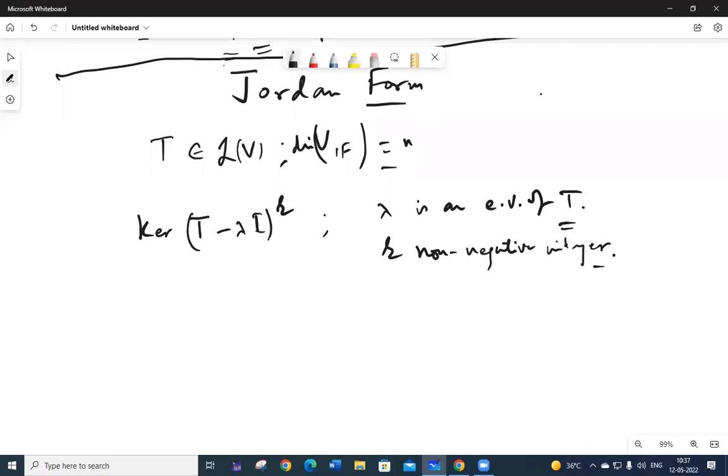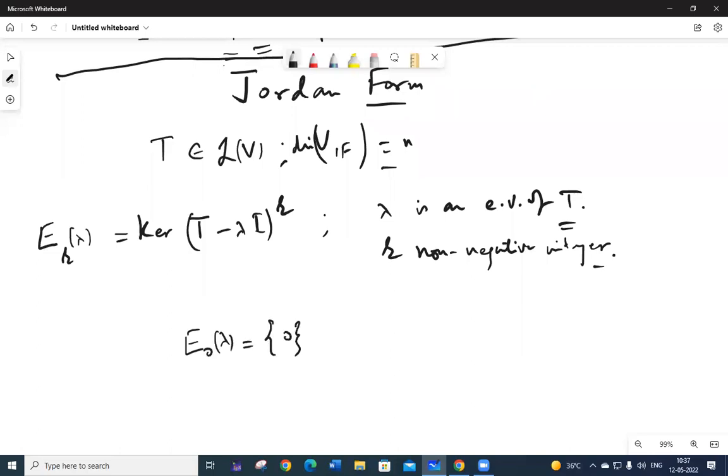If I define this by E_R(lambda), then my E_0(lambda) I conventionally take as